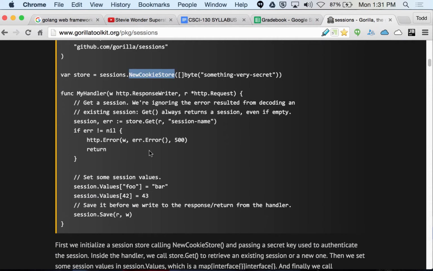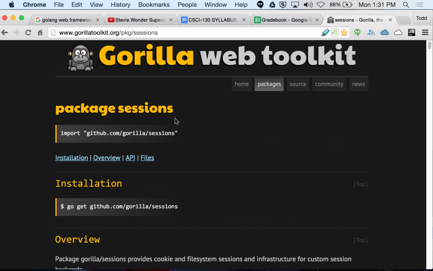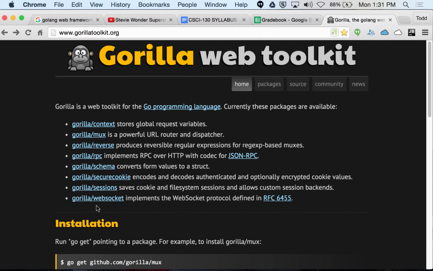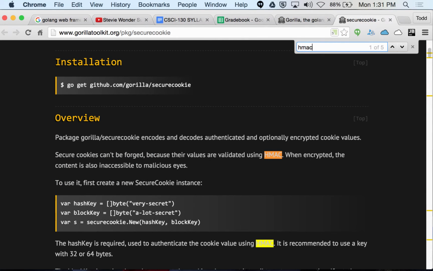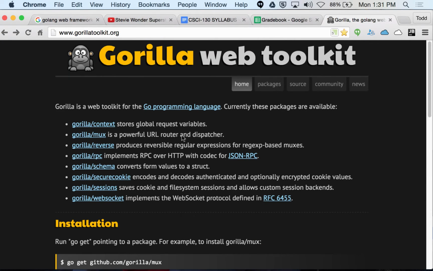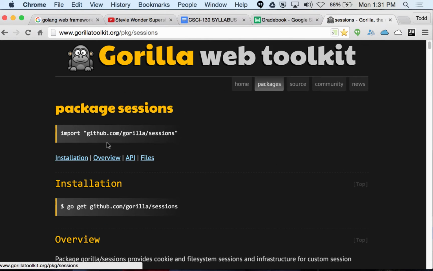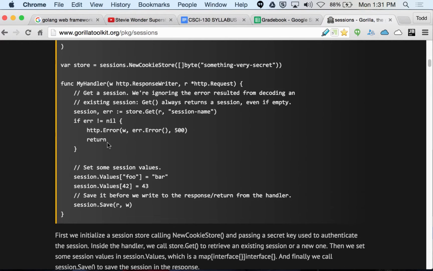And if we look here for HMAC, it's not mentioned. I thought they did HMAC stuff in here. Maybe it's mentioned under their cookie stuff. So securecookie, fine, HMAC, right? Their values are validated using HMAC, so they're doing the validation if you're storing things in a cookie. But with sessions, here we get a store, and then once we have a store,